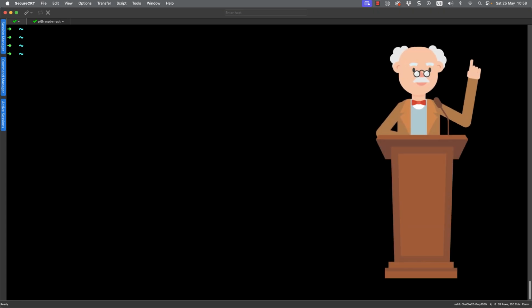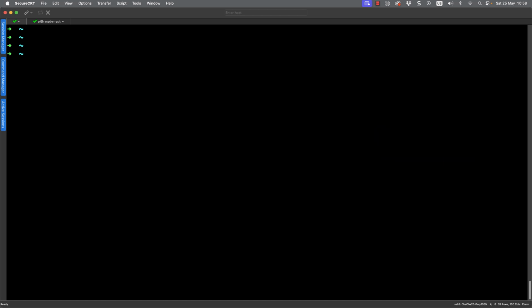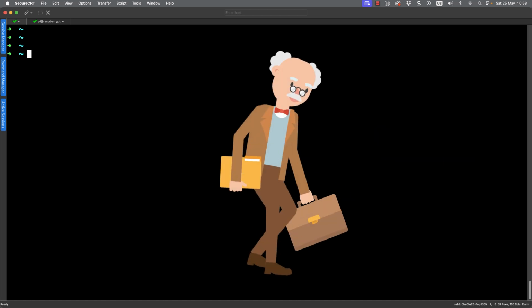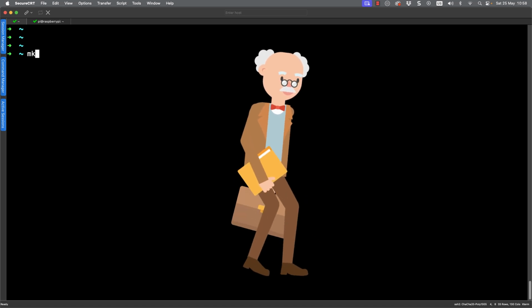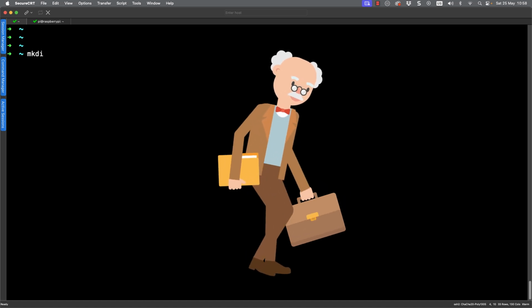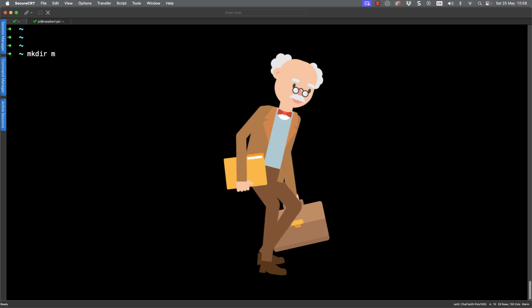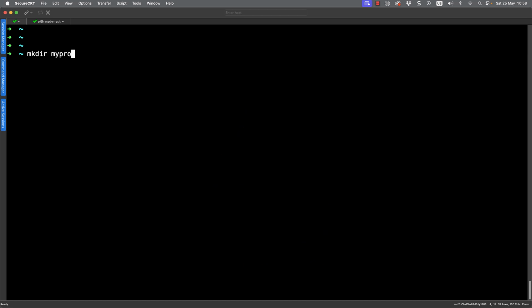So hello and welcome to our glorious playground, a playground where we can lift the covers on Git and really start understanding it. But perhaps the first thing that we need to do is create ourselves a folder for our Git project. So let's go ahead and use the mkdir command, and I'm going to create, should we call it my project? That seems like a good name. We can move into that, and don't forget I can use escape and dot to recall the previous argument, so that takes me into the my project directory.